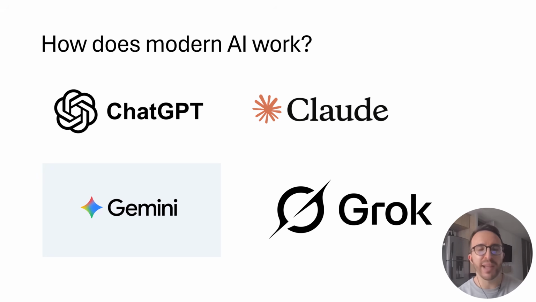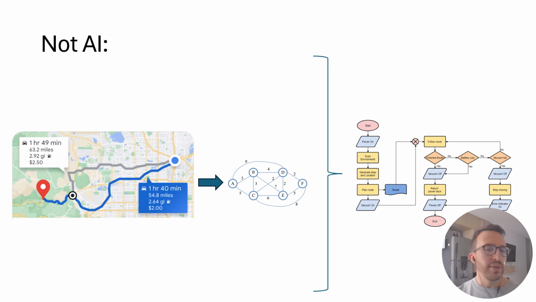Right now the word AI gets thrown into everything, and it's not clear exactly what is AI and what isn't. So I want to clear all of that up in this video. Okay, so let's start with what isn't AI. Take a calculator, for example. A calculator obviously is smart, feels smart, but that's not AI.